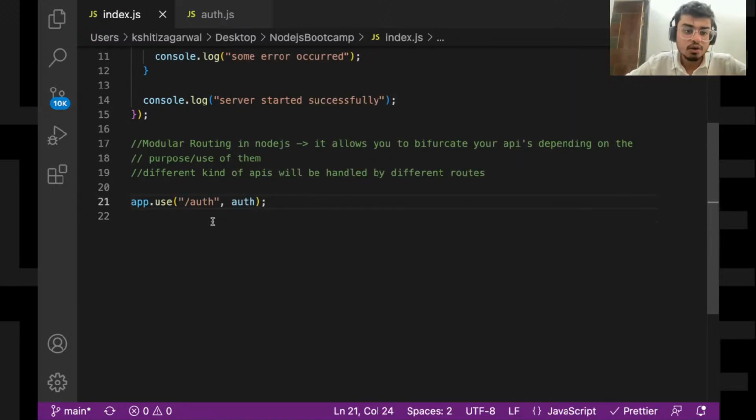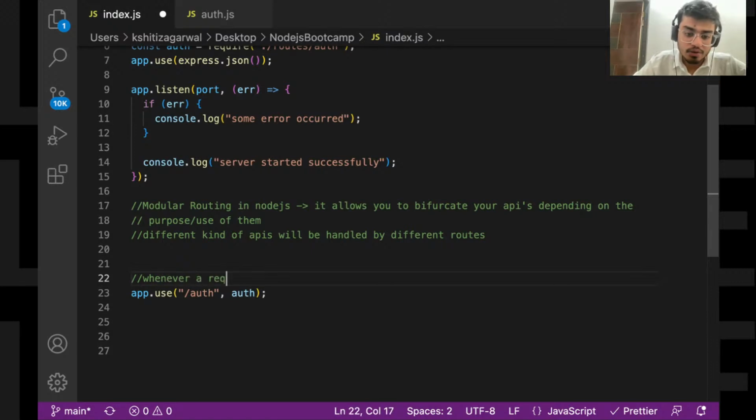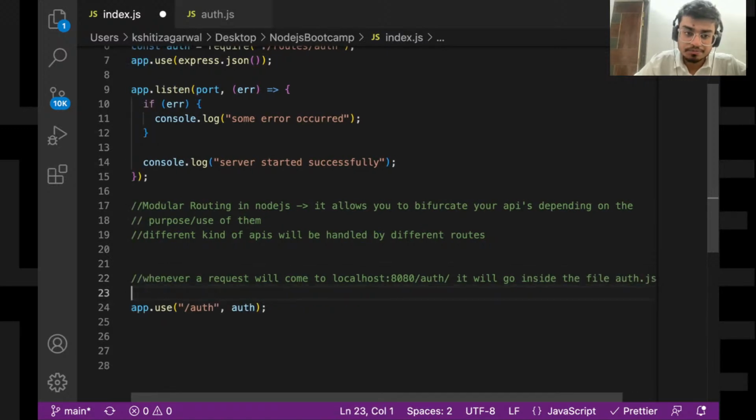So now, whenever a request will come to localhost 8080 slash auth slash something, it will go inside the file auth.js and check the API there.